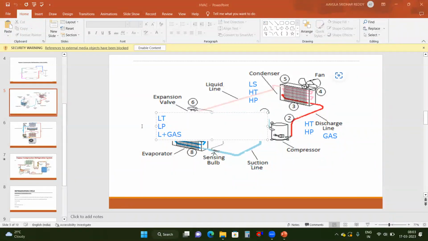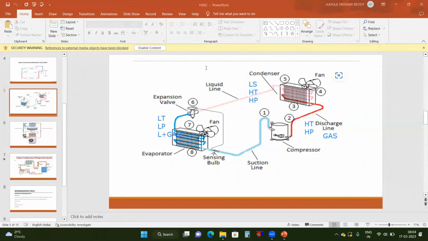So here, if you see, the state is liquid plus gas. Here we have the liquid state and here we have the gaseous state, but after the expansion valve, it has two states, that is liquid plus gas. So the liquid plus gas will enter into the evaporator. The evaporator is nothing but our